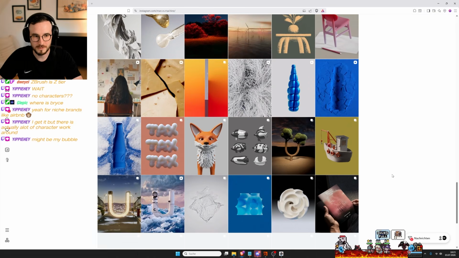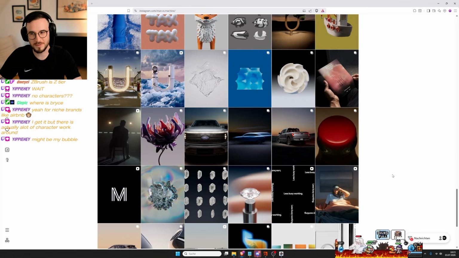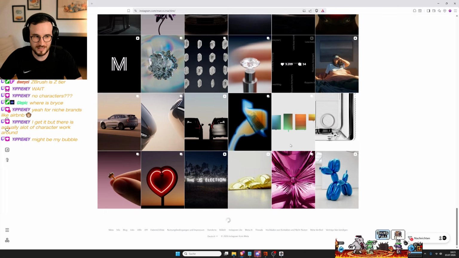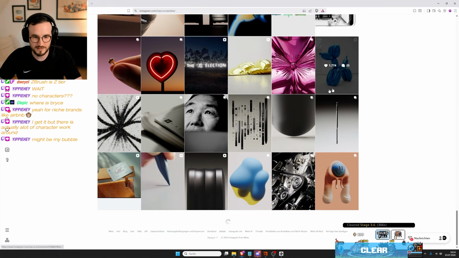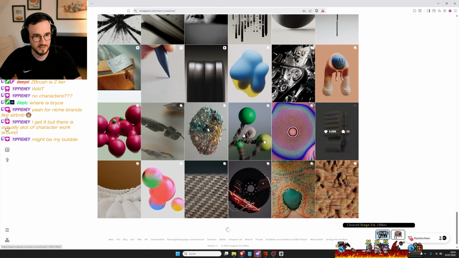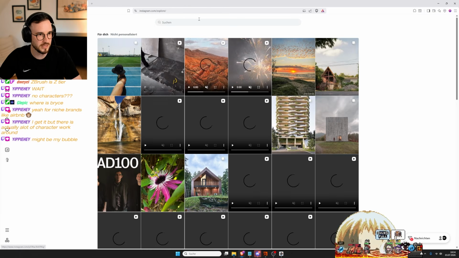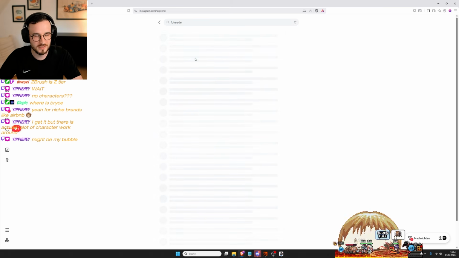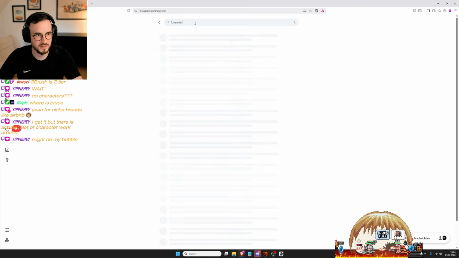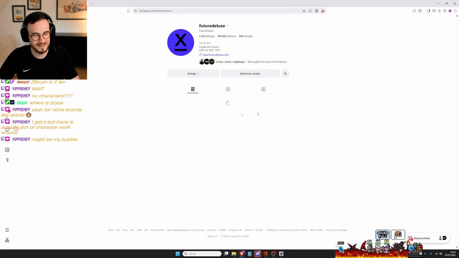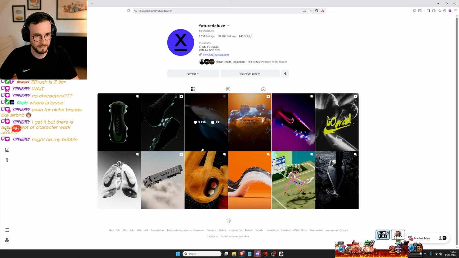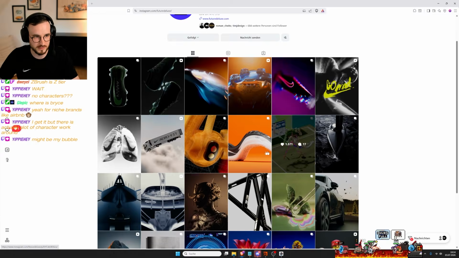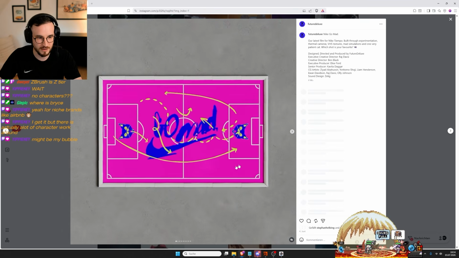I think actually, maybe it's also my bubble because I'm more from the simulation animation kind of world inside of Houdini. But I think looking from an objective perspective at all this work from bigger studios like Man V, or we can also look at Future Deluxe, I think you get my point. There is still a lot of character stuff around, but it's not so common nowadays in the commercial field, in motion design,